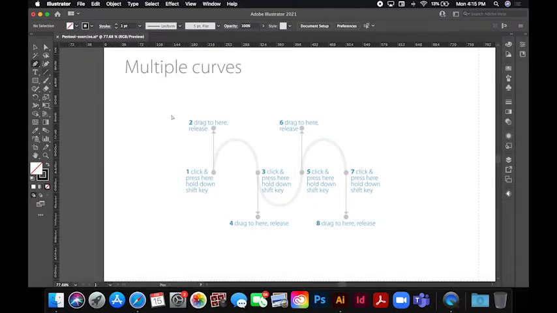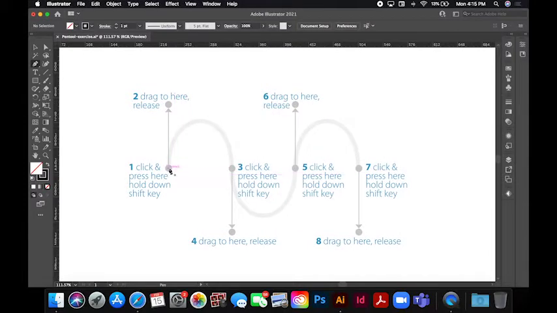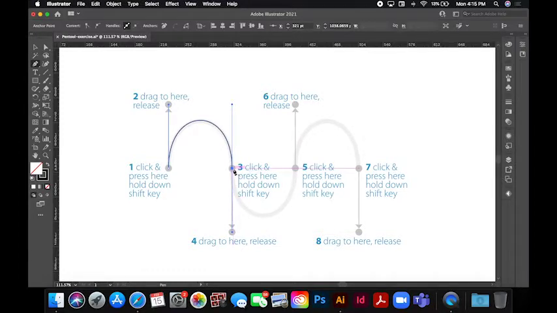So now for this one, you're going to drag it here, release it, go to number 3, click shift, and then release it. Now you're going to go to number 5, go to number 6, release it, number 7, shift. Make sure you're clicking shift for this because if you don't, you could always just YOLO it, but